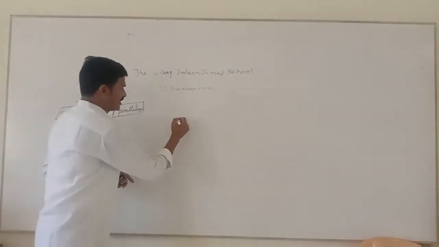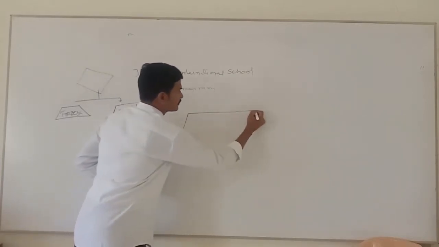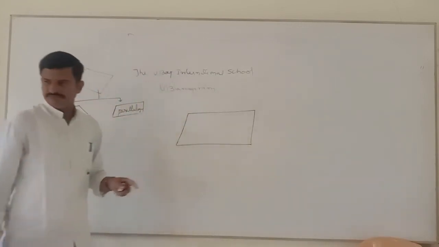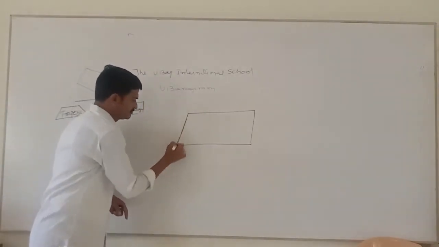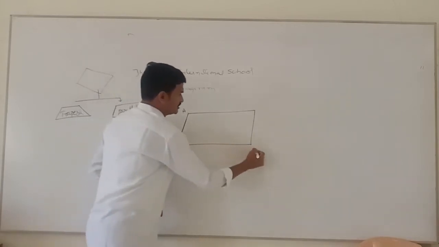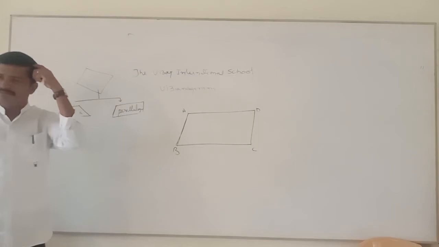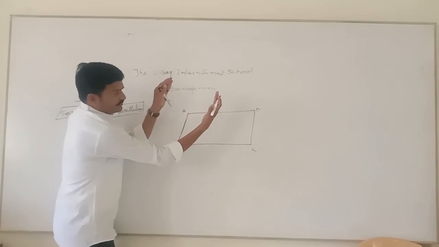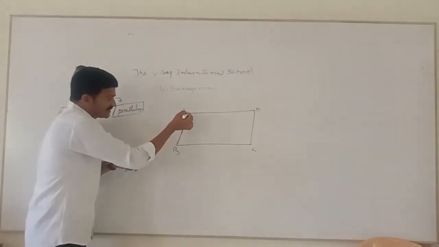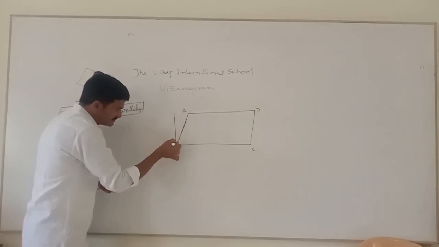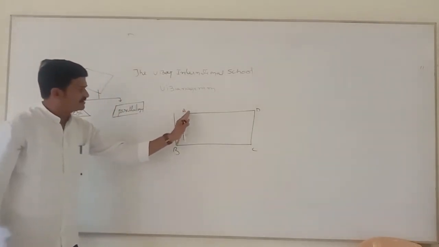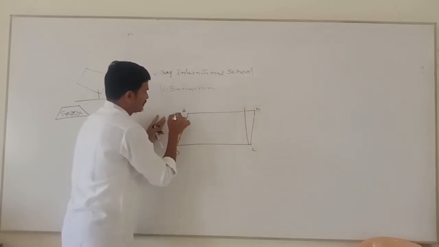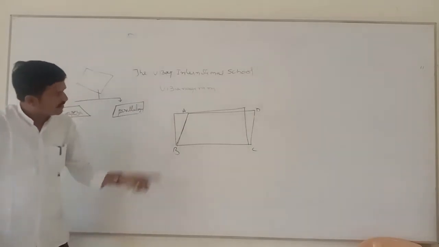Now let us take one parallelogram, children, like this. Let us draw one parallelogram. In this parallelogram, A, B, C, D. These are the like this parallelogram is there, na? If you move like that means I am making this AB as straight like this. When I am moving this one up to here, automatically it will also come like this, na? How? Is it clear?